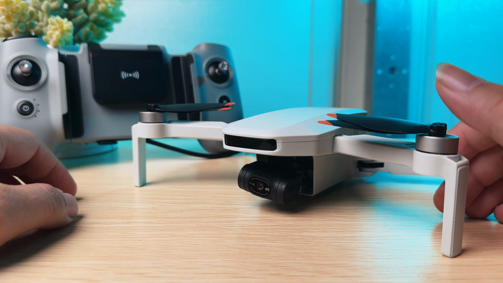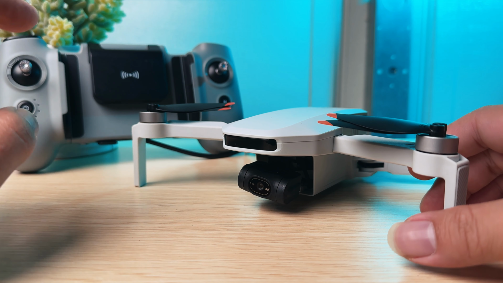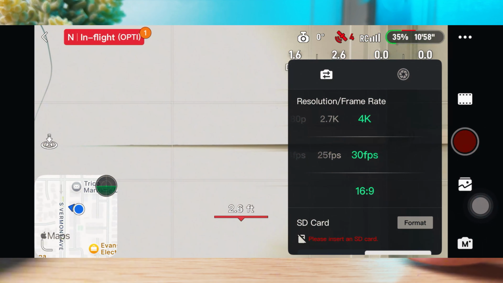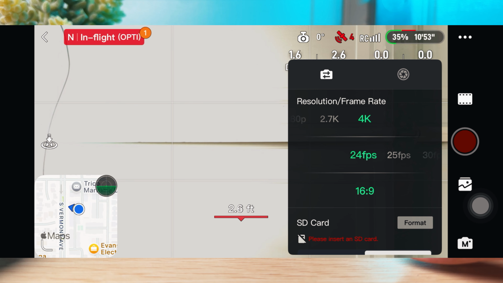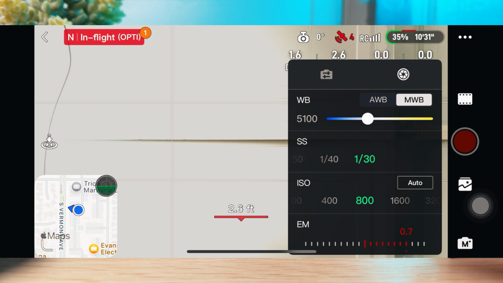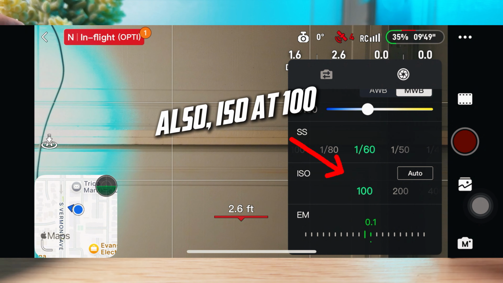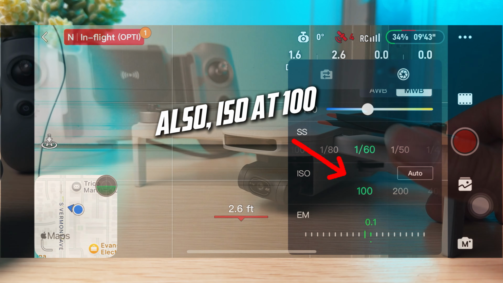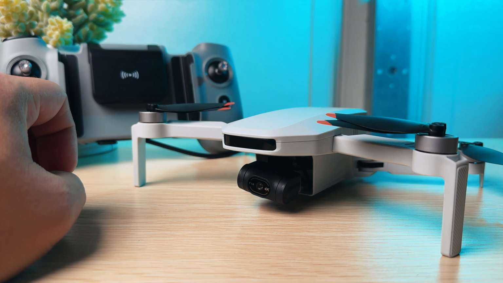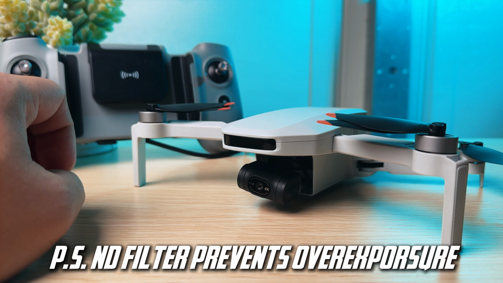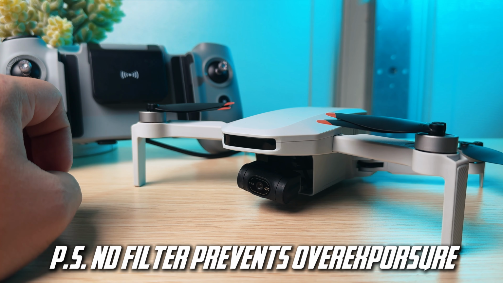After you are able to add on the ND filter, let's begin by adjusting the app settings. You're going to set the video quality to the highest option, 4K at 30 fps, and lock the shutter speed at 60 to achieve the optimal motion blur. Right now, that's when the ND filter is actually going to kick in. Because you're now setting your shutter speed a lot slower, there's going to be more light coming in, and the ND filter is going to help you block these additional lights that you don't want.